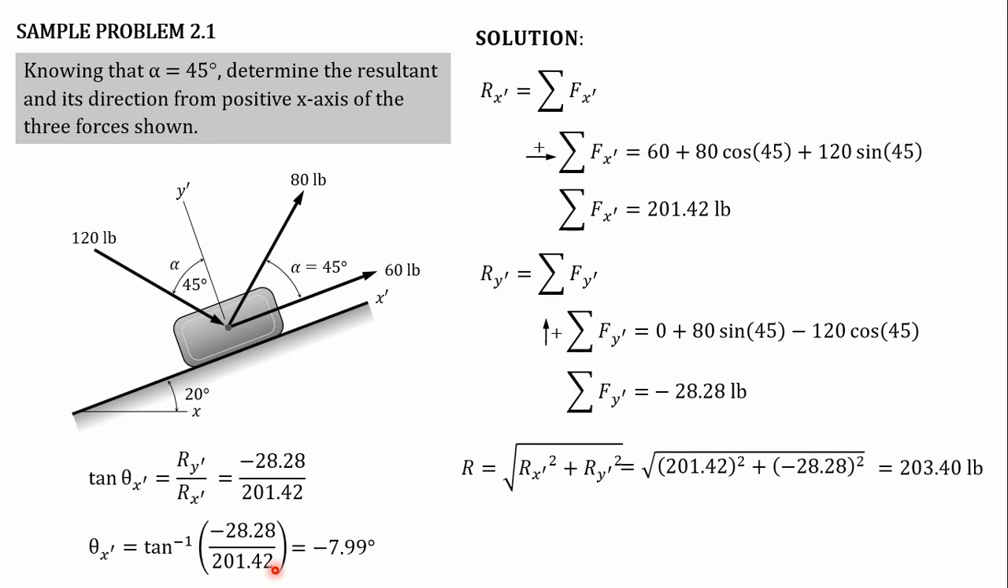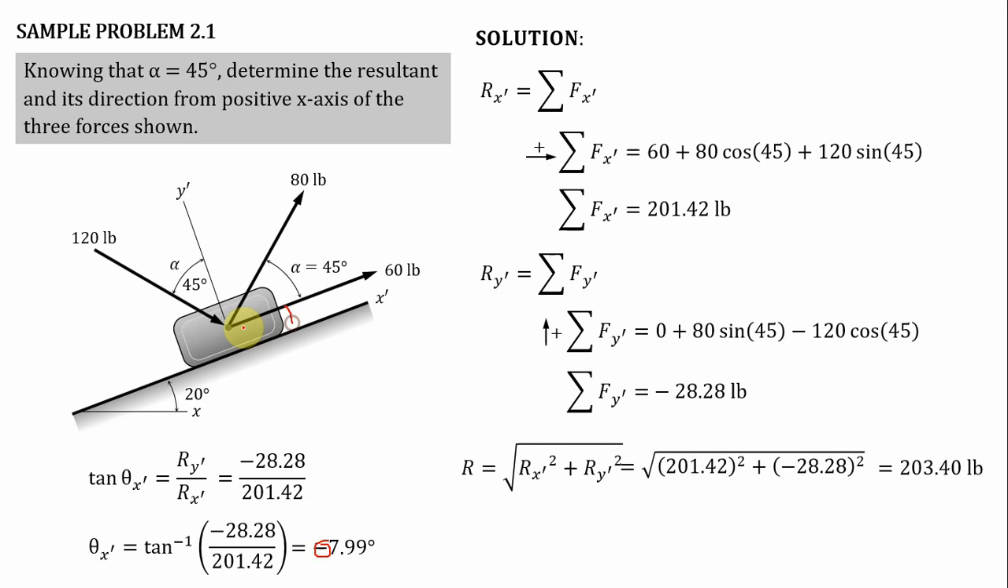Anong ibig sabihin ng 7.99 degrees? Actually hindi kayo dapat malito dito. Yung negative is represent,